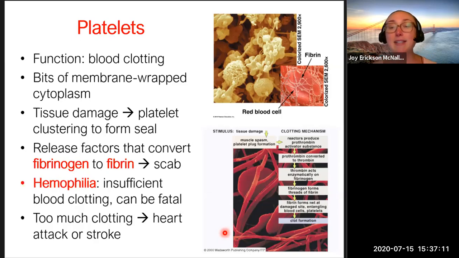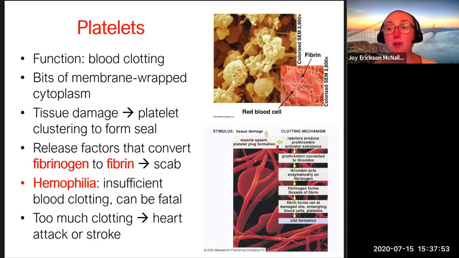Those blood vessels are damaged, blood is leaking out of your circulatory system, and clotting begins. And so what happens is that platelets adhere to damaged tissue and form clusters that seal these minor breaks. And this is what you're looking at here. This is a cluster of these platelets trying to clog that leak, if you will. In addition, platelets release factors, these molecular signals that trigger the conversion of a protein called fibrinogen to fibrin. Fibrinogen is a protein found in the plasma of your blood, and it turns into fibrin, which is a thread or fiber-like protein, which is good for grabbing and connecting the platelets to one another to form a scab.